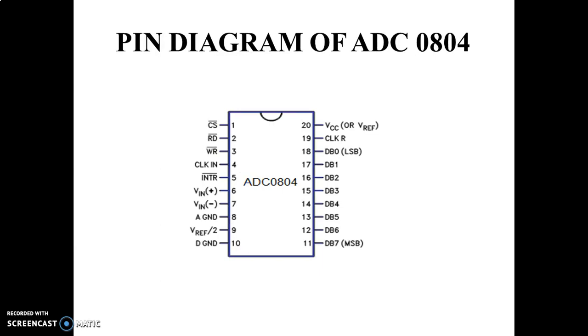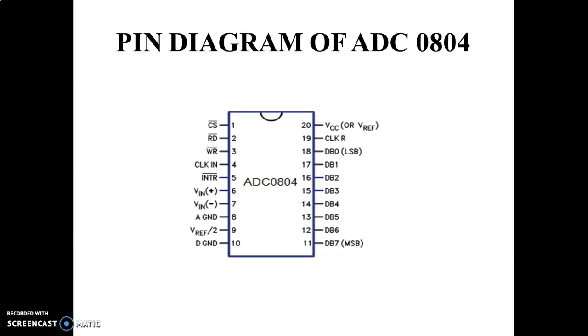Moving on to the pin diagram explanation of ADC 0804. First is the chip select. It is an active low pin and it is used to activate ADC 0804. Then the read pin. It is an input pin which is active low, and it stores the result in an internal register after the conversion of the analog data, and this pin helps to get the data out of the ADC 0804. When chip select is equal to 0, a high to low pulse is given to this RD pin.